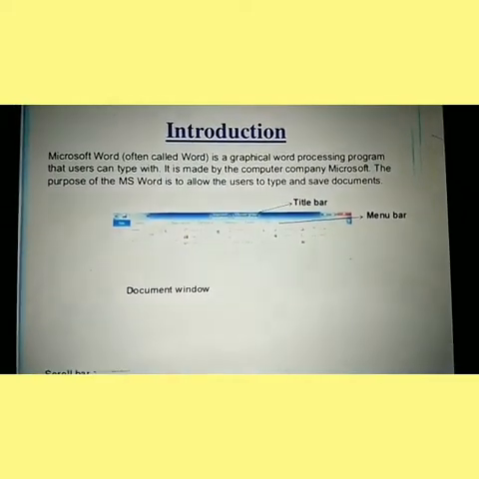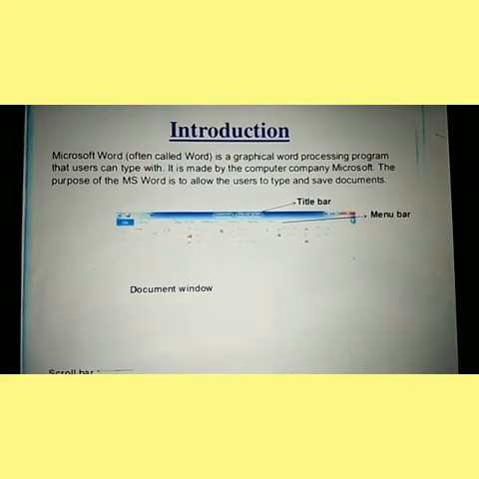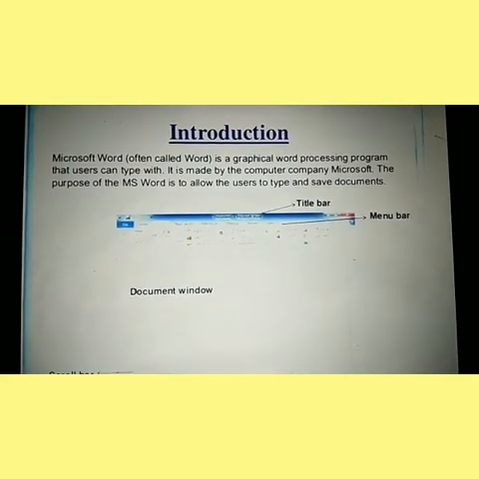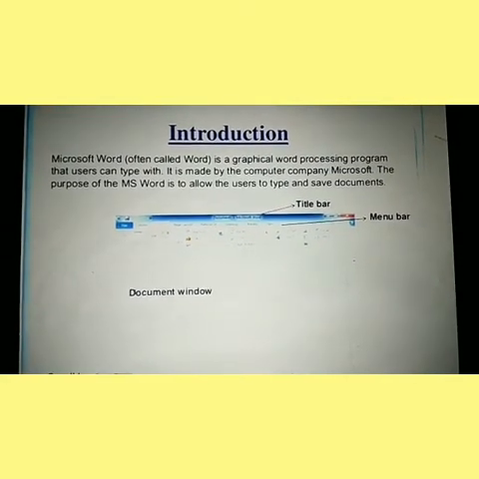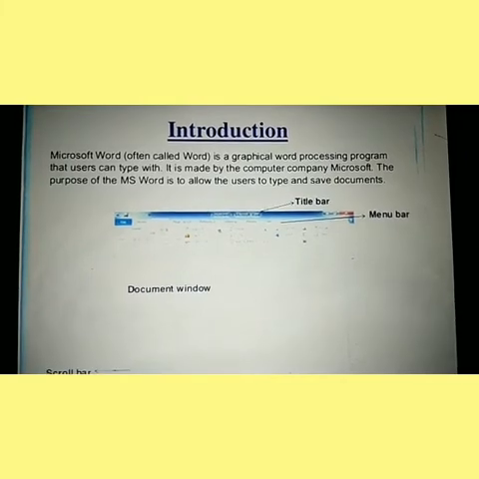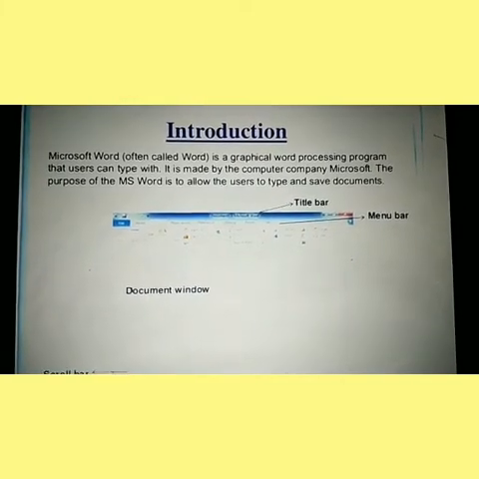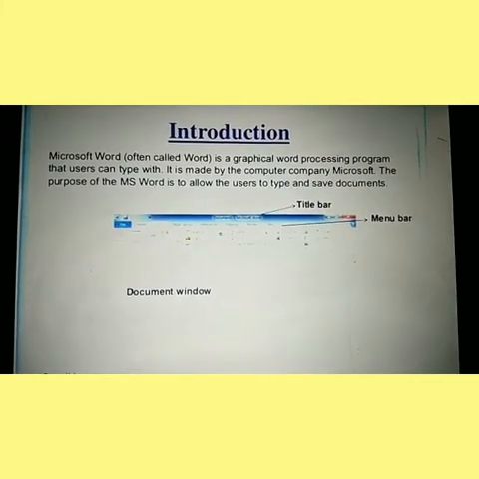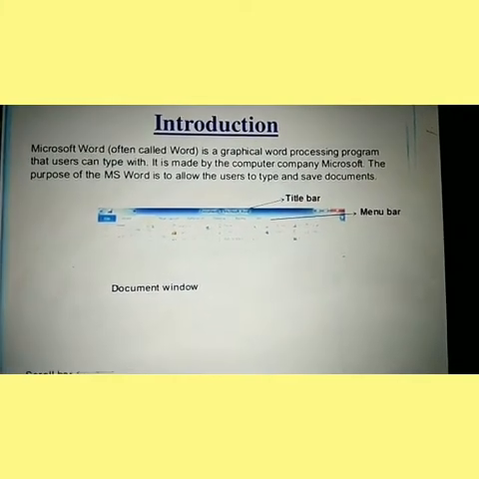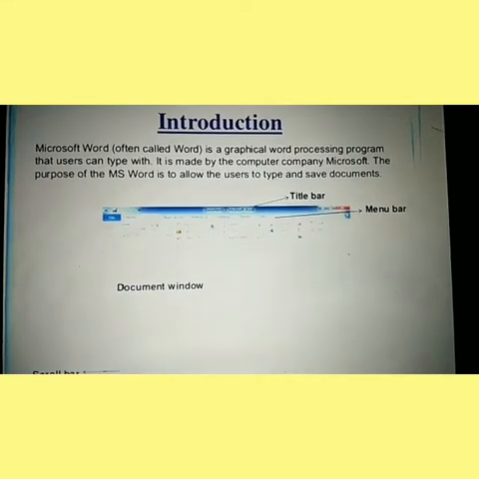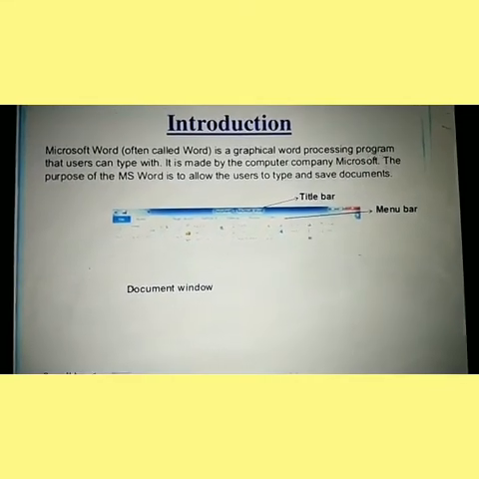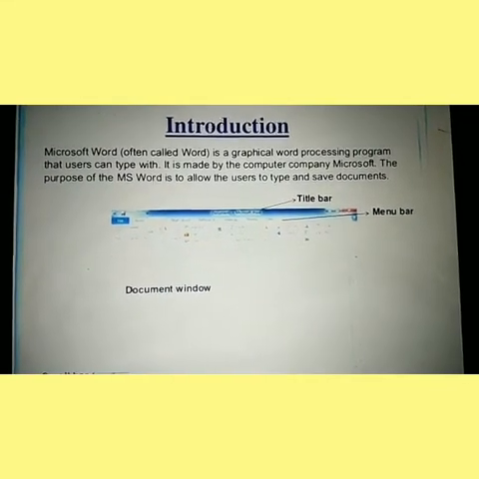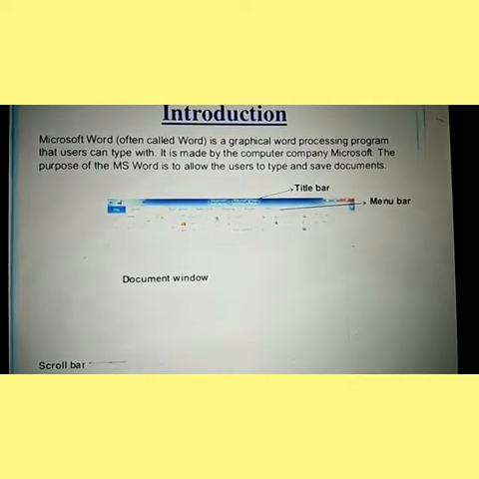So, let's start, students, with the introduction of Microsoft Word. Microsoft Word, often called Word, is a graphical word processing program that the user can type with. It is made by the computer company Microsoft.